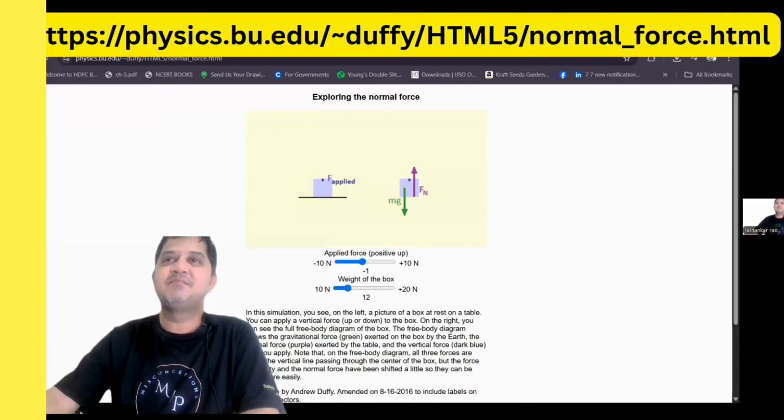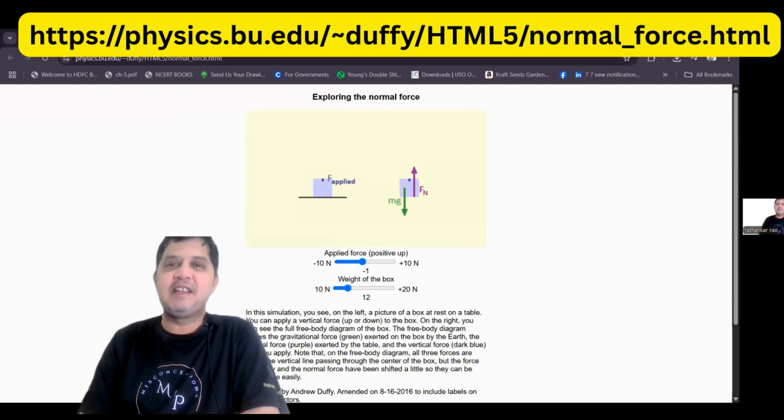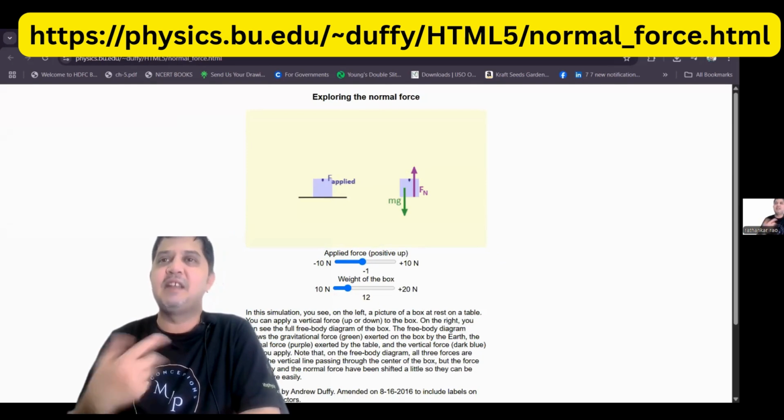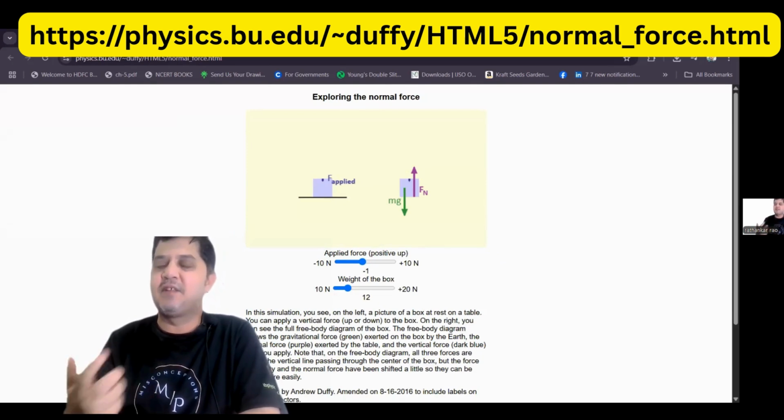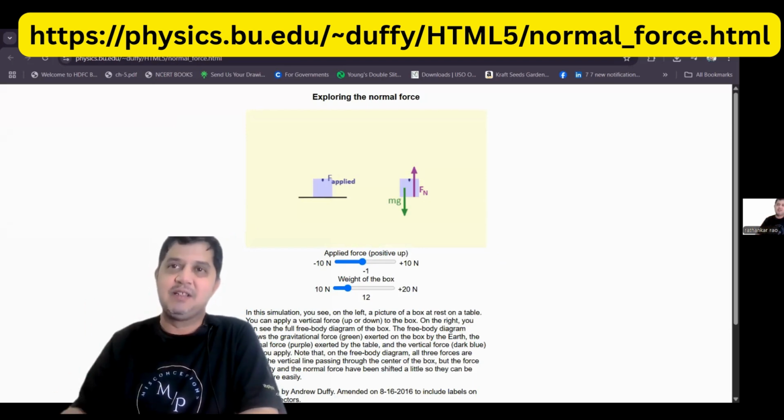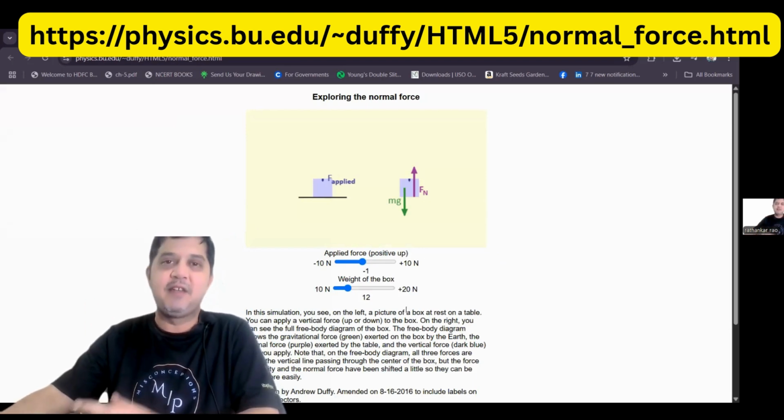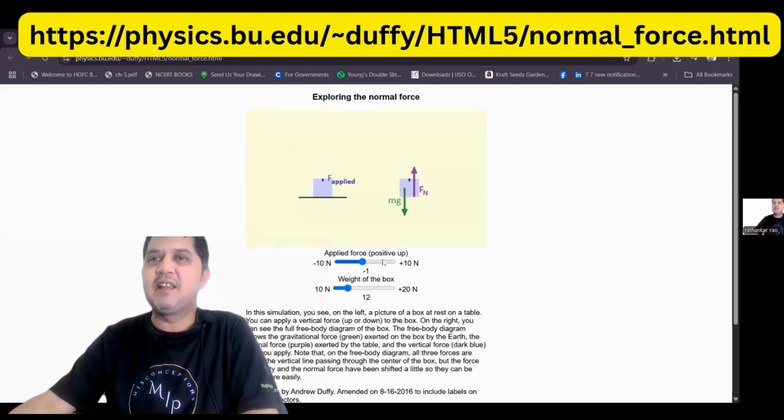Next, this is about understanding the normal force. What is a normal force? Will the normal force increase or decrease? You want to answer all of these questions. This is really a wonderful simulation. When I was searching for it, I got this one. Very good one. Let us say, for example, an object is kept over here